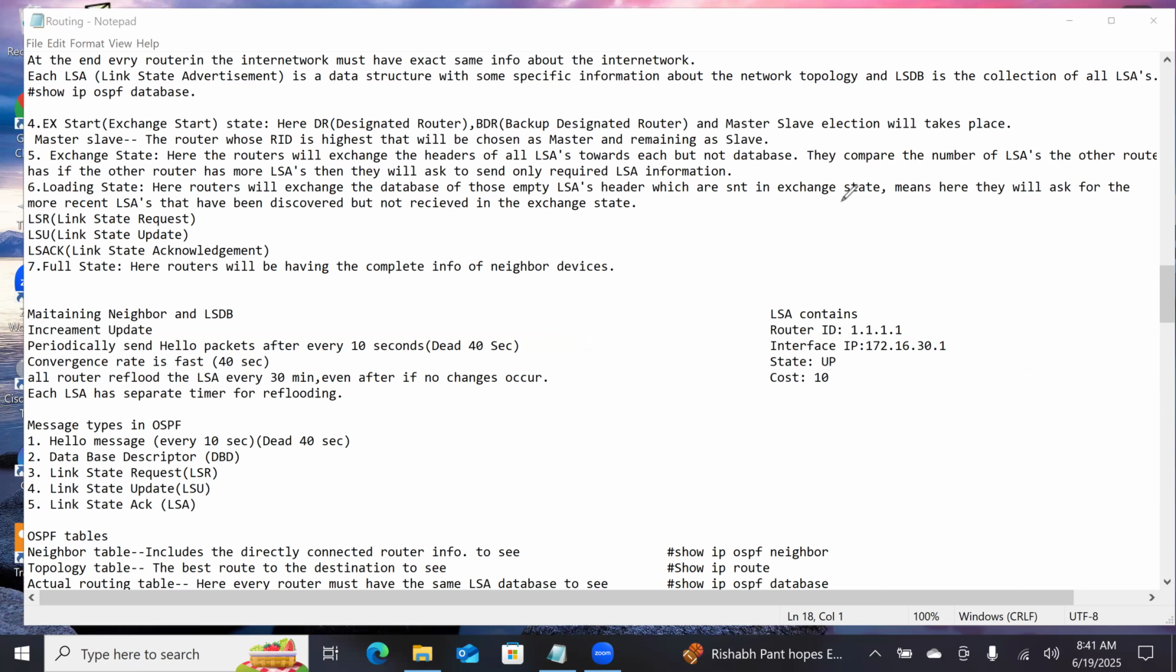Here they will ask for more recent LSAs that have been discovered but not received in the exchange state. Okay, after this it will go to the full state. What is the full state? Here the routers will have the complete information of the neighbor devices, or even you can say